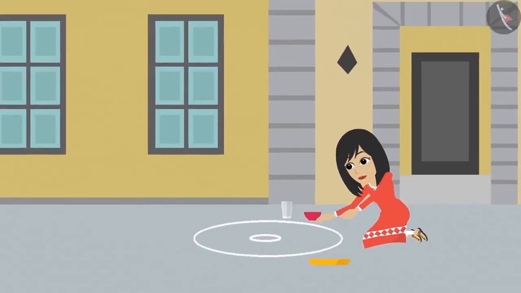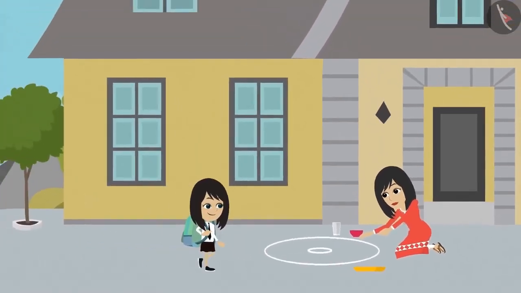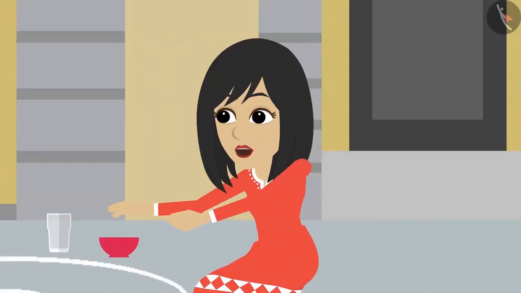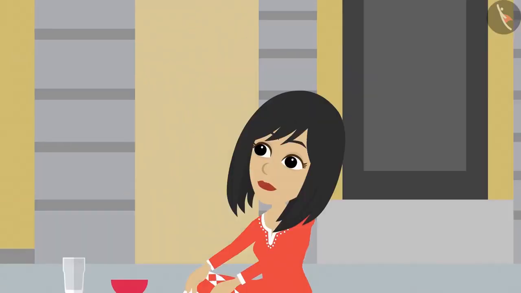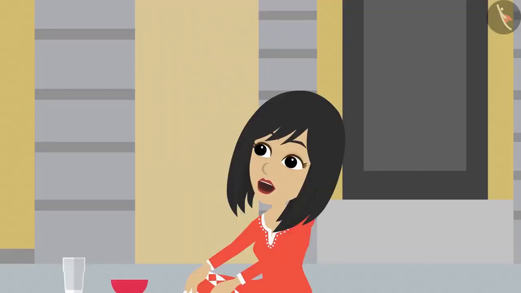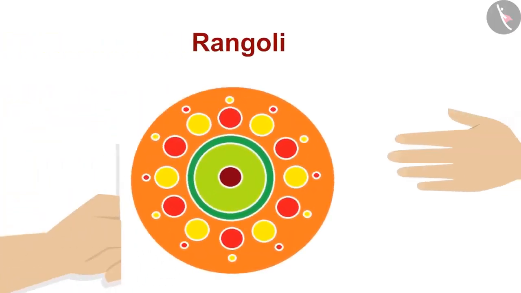Mummy, what are you making? I am making a rangoli. Good you have come. Come and help me make the rangoli. Till then, I'll get your food ready. How can I help? I do not know how to make a rangoli. I will make the rangoli. You just copy the design from this paper onto the ground with this chalk.